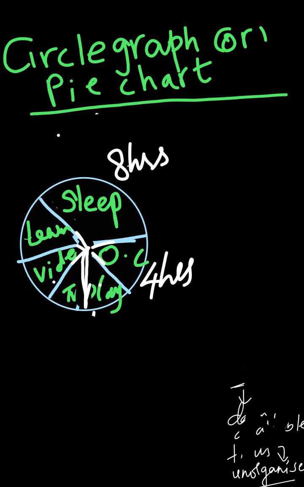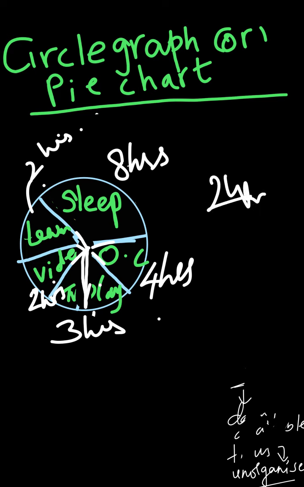Let me say like 1.5, 3 hours overall. 1.5. And video making obviously I'll be taking more than 2 hours. And learn, let's make it 2 hours again. So say this is my whole day, but let's not make it correct hours. So 24 hours don't match with it. Why don't match? We just have an example, so you need not calculate this and put it anywhere. Okay, so first these are called circle graphs.